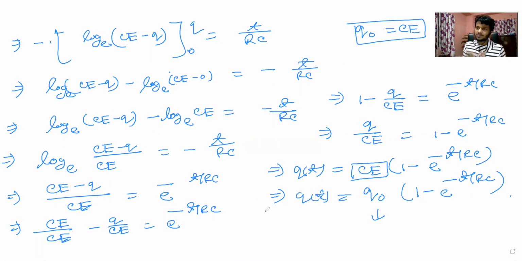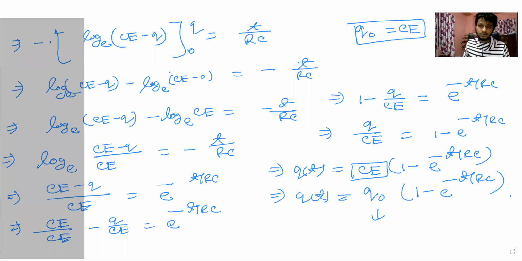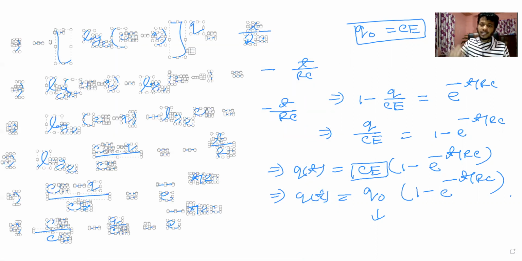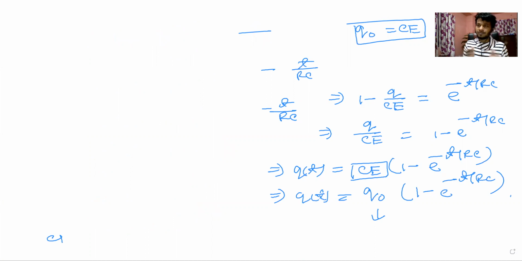Let me run some test when t equals 0. This is a generalized formula for the amount of charge on the capacitor. Using this formula, we can find out the charge on the capacitor at any point of time. If we run some test, we can actually check whether our formula is valid or not, and if we want to check that, there are some methods.